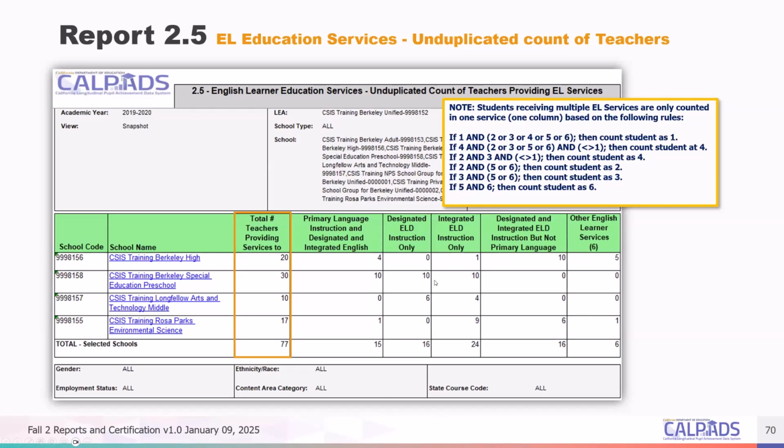So I say that because there are cases where every staff member, every teacher at a school may be authorized to provide EL instruction, and you may have reported education service code for every class for that school. And when you look and say, why isn't this teacher providing EL instruction? Look to see if there's even an English learner enrolled in the course, right? Every year that catches somebody. So that's something to consider in 2.5.